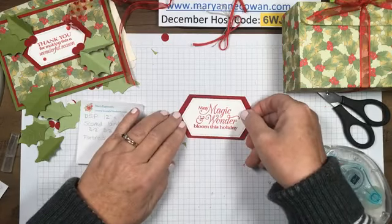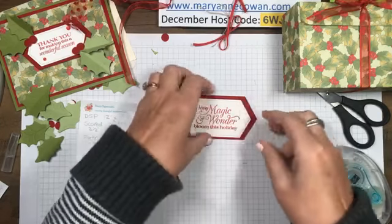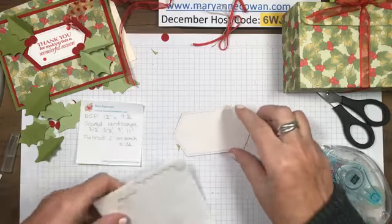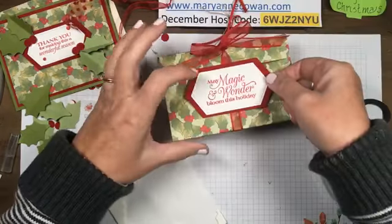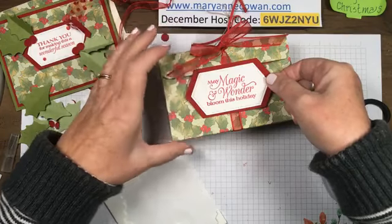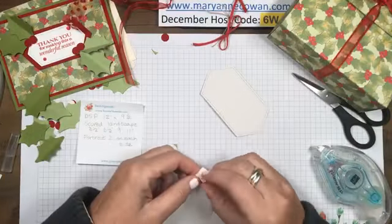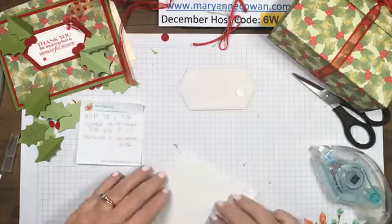And I'll center it. You could whip up a bunch of these very easily. Now, I want my dimensionals on the sides, but I'm going to put them a little bit down so that it can tuck behind the box a little bit, but won't be stuck to the box, if you know what I mean. So the top, I'm going to put it down a little bit,